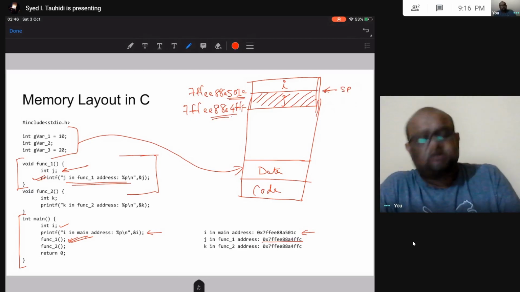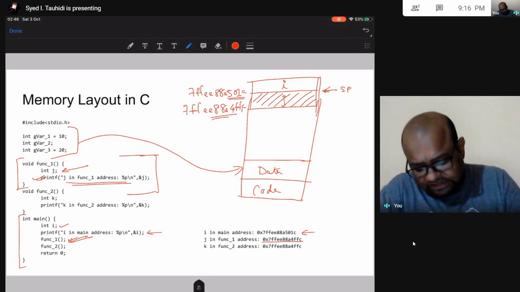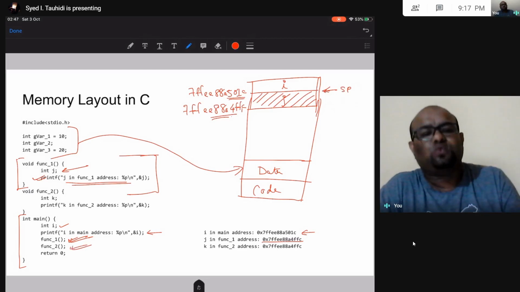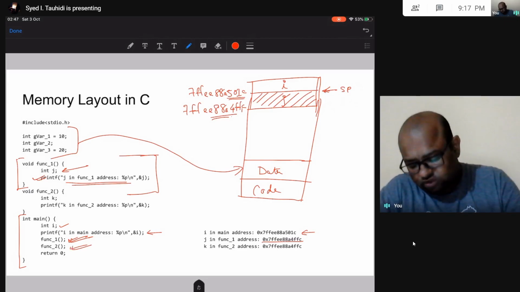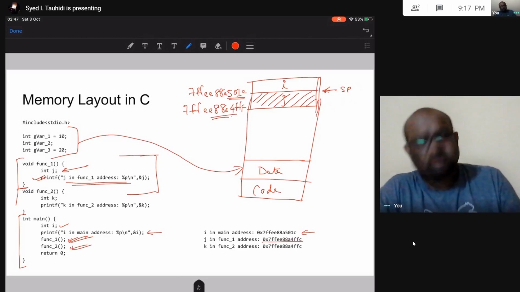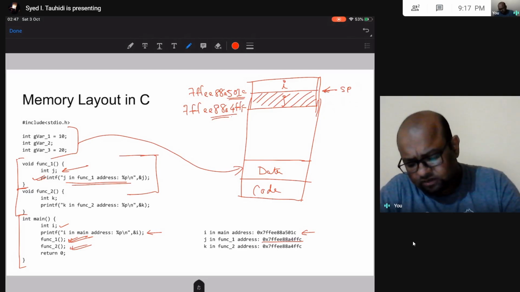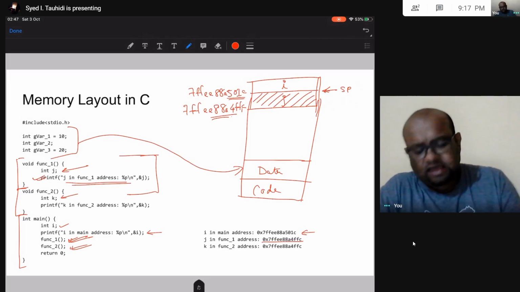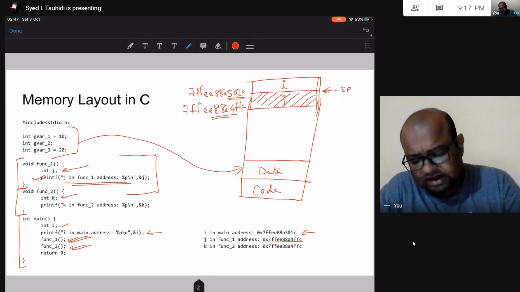Okay, so next what is going to happen in this line, I am going to execute function 2. This function 2 looks the same, and here, like function 1, I also have one local variable, k. And now what is going to happen? Now after